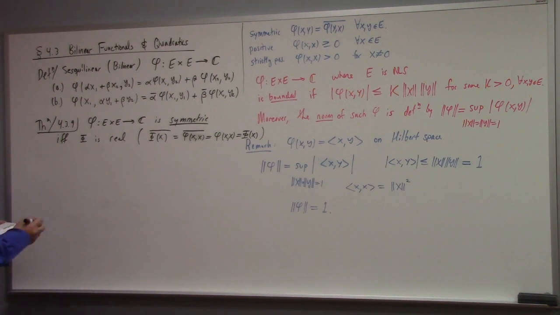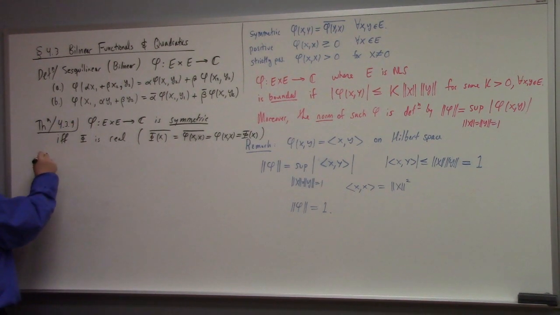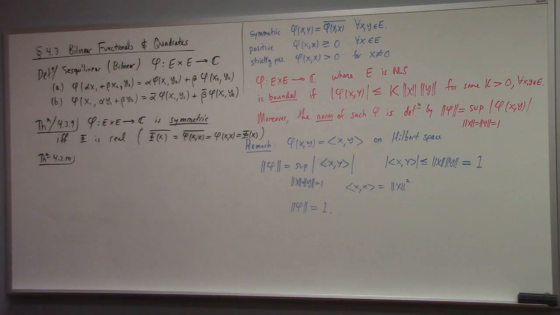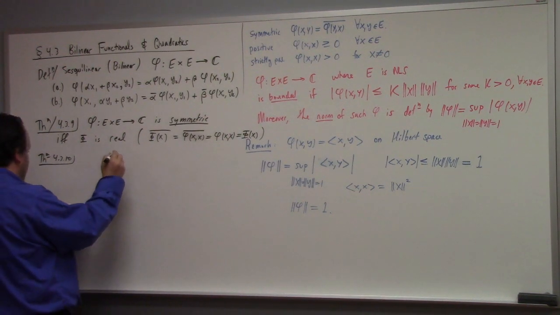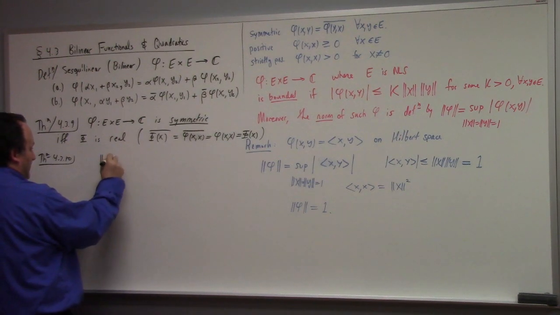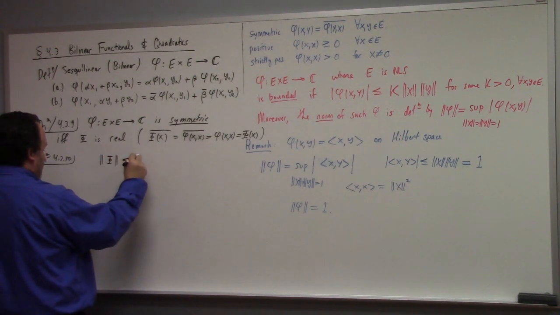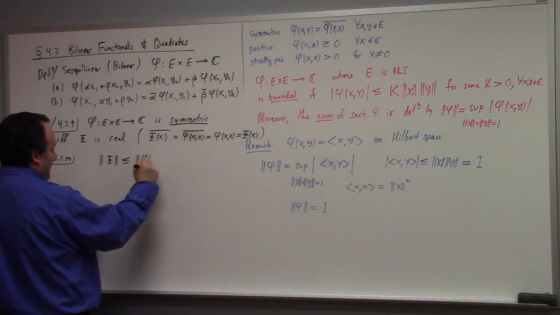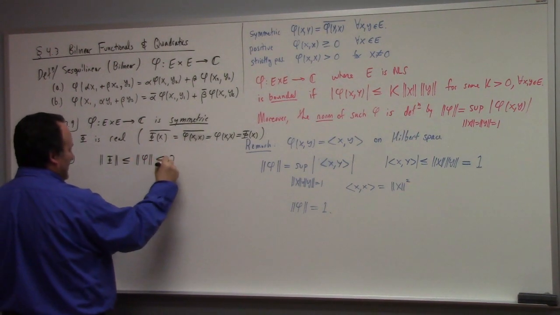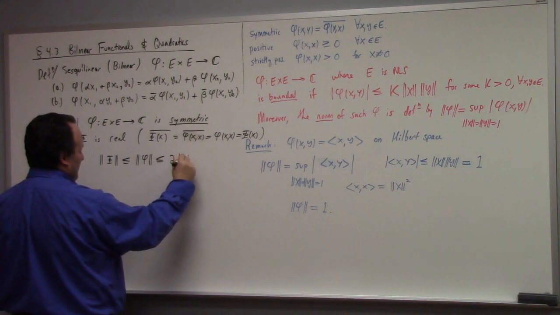Then next theorem. Oh, you already moved me, didn't you? You're fast. I don't even see you do it. A bilinear functional phi on a normed space E is bounded if and only if the associated quadratic form is bounded. Moreover, I'm just going to write this part of it. The norm of the associated quadratic form is less than or equal to the norm of the bilinear form from which it is associated,